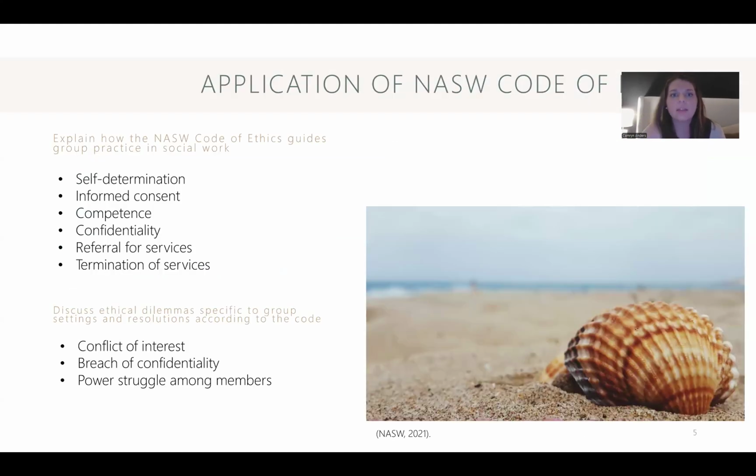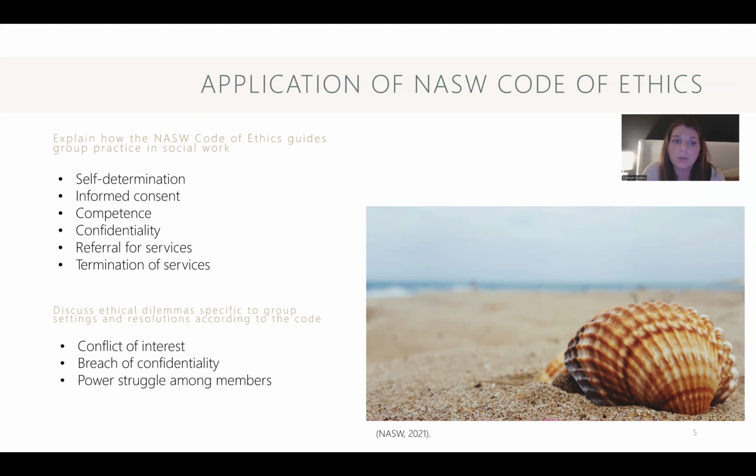As with anything, the National Association of Social Workers Code of Ethics is applicable in group practice as well. Each aspect listed here can be found within the Code of Ethics, specifically under social workers' ethical responsibilities to clients. Not only do these apply at the micro level, but at the meso and macro levels as well. Self-determination is a large aspect of group work as clients can aim to identify their goals and come together to learn how to best achieve those goals.